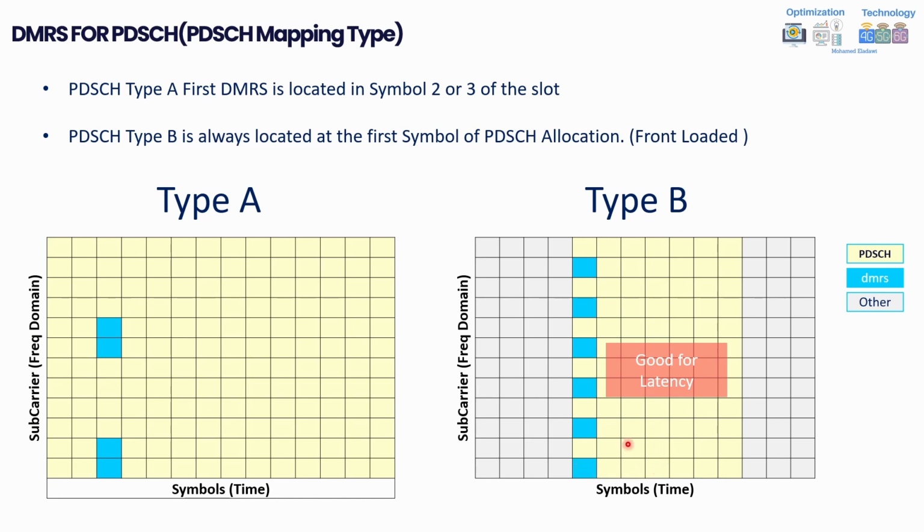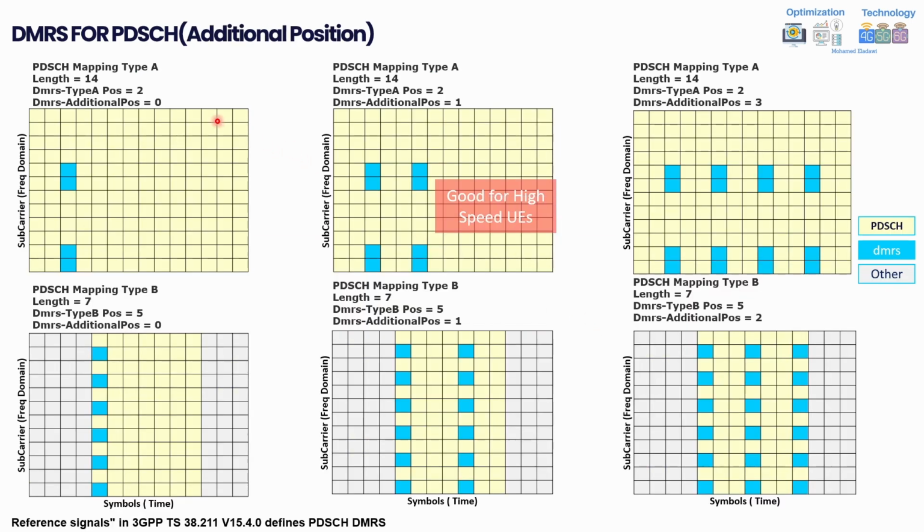But one important point, I think it was not clear in the previous slides, is that BDCH type B can have a maximum of up to 7 symbols for the BDCH allocation. Whenever you have type B, the BDCH can be allocated within up to 7 symbols, and this is the main difference. Type A can be up to 14 symbols, but type B can give more advanced latency because it is always demodulating the BDCH within the first symbol, and this is good and faster to get resources allocated as soon as possible. This is the main difference. Okay, this part was already covered in the previous slides.